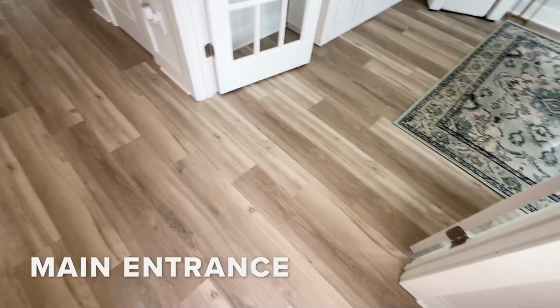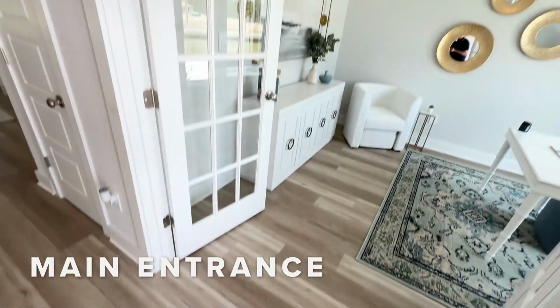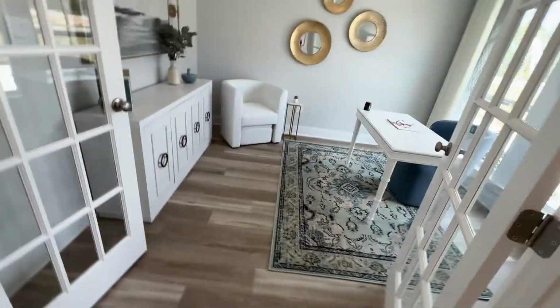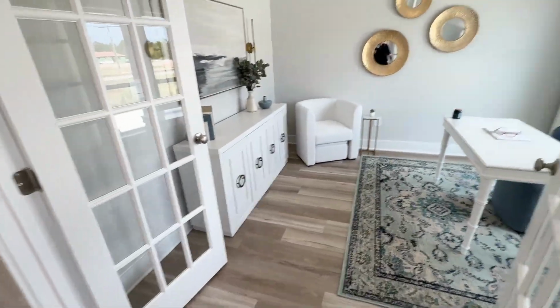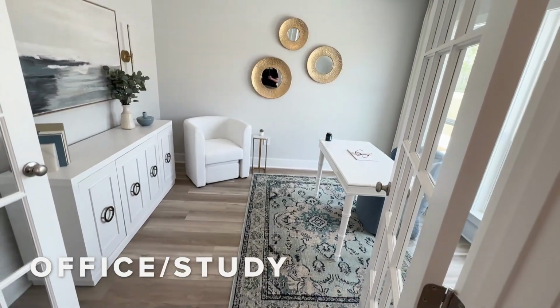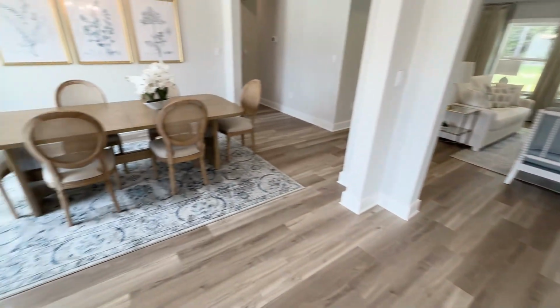Welcome to the newest model home here in Ramsay Farms. We're going to take a look at this beautiful 4-bedroom, 3.5 bath. So let's take a look. And you'll see that it's got the luxury vinyl tile pretty much throughout. And as you enter, this is what I call a parlor or possibly a study. And then you've got your full